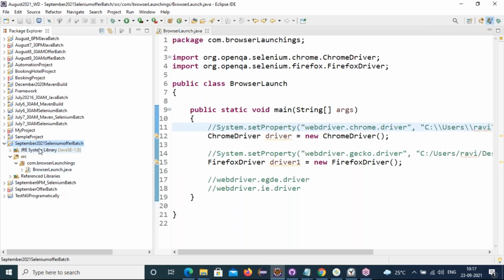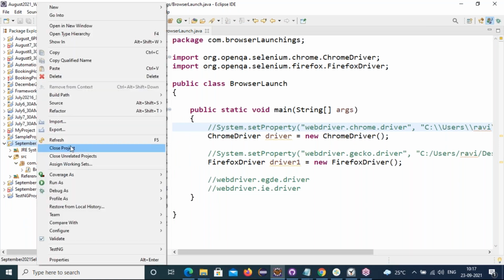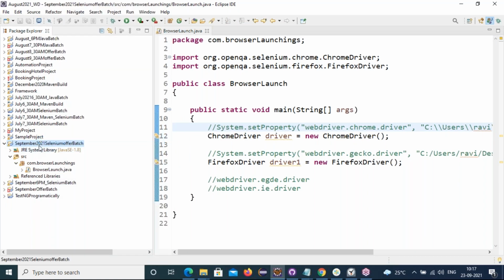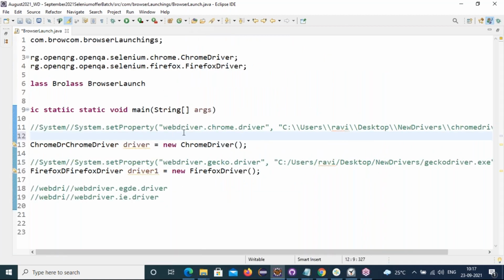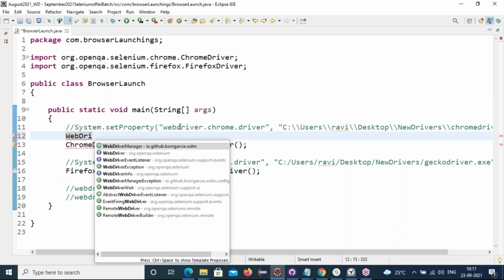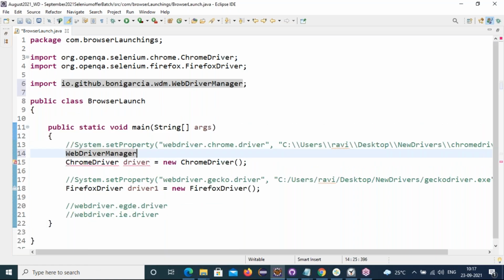It was not reflected properly because the WebDriver Manager class was not loading when I was typing here. Now see, it came, right? WebDriver Manager, from io.github.bonigarcia.wdm.